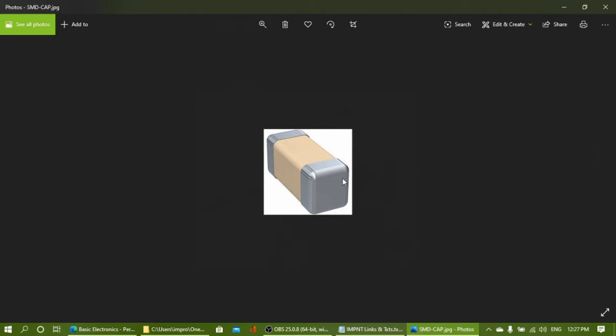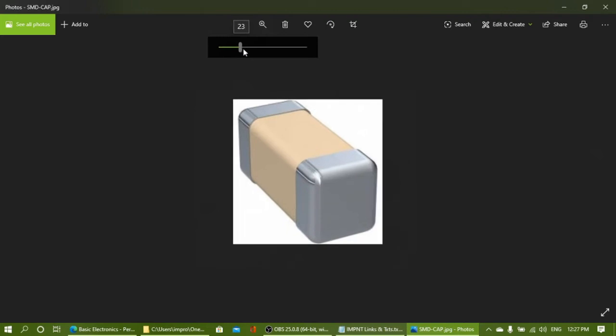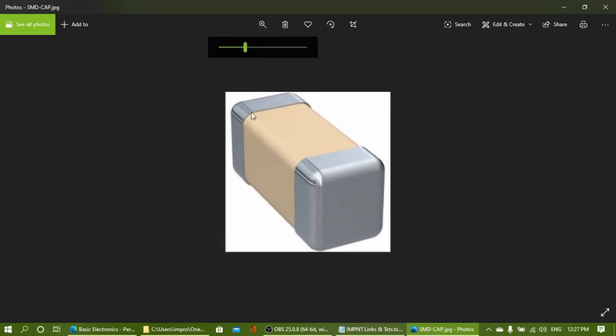And this is a fixed capacitor which is used in recent technology in SMD PCBs. There will be no defined lead or pin. These two metal caps are used for soldering purposes. It looks so big in the picture, but it is actually not. It is a few millimeters in size. It has been used in recent types of PCBs, SMD PCBs.